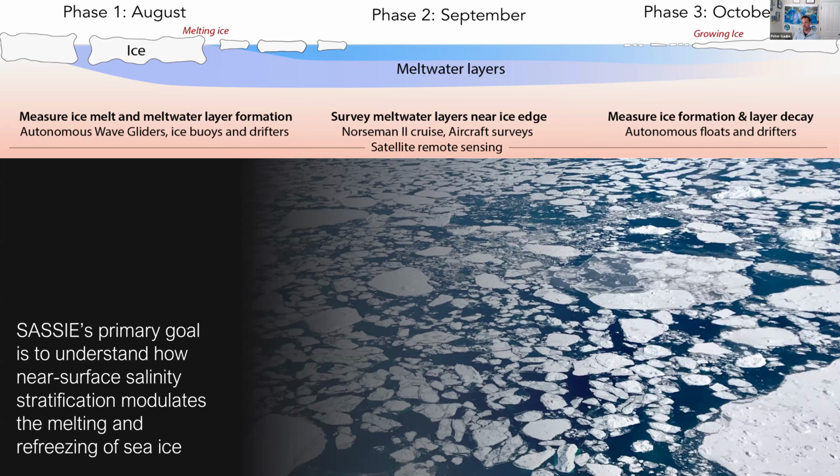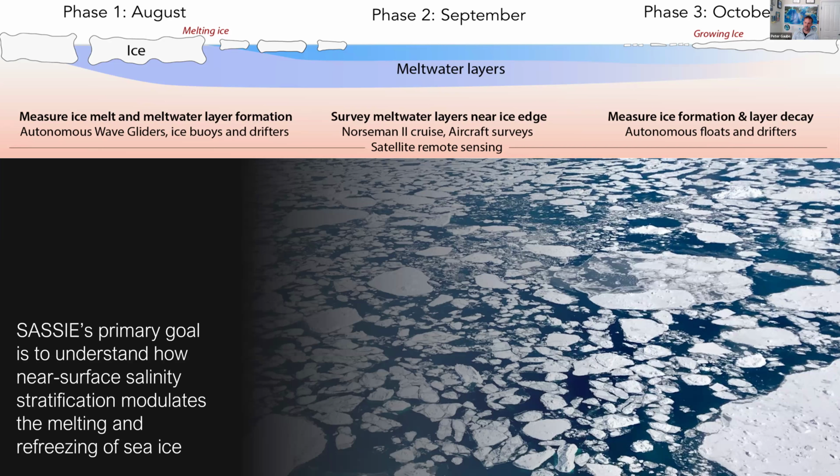The first one, we sent out autonomous wave gliders and ice buoys in early August. Those navigated from the north slope of Alaska into the Beaufort Sea, and we were taking continuous measurements of meteorological properties, but also of surface stratification, primarily looking at salinity, so multiple salinity sensors on the vehicle and then down on the tether, giving us profiles.